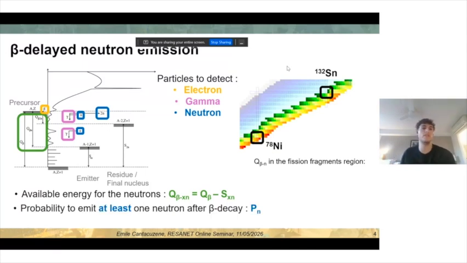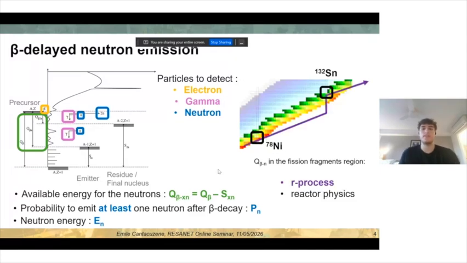And so an important quantity linked to the neutrons in this process is the Pn value, which is basically the probability for a neutron to be emitted after beta decay. Another important quantity linked to the neutrons is, of course, their energy, because if you're able to measure the neutron energy, well, this gives you direct information on the levels fed after beta decay or after emission of the nucleon. And basically, this gives you spectroscopic information, and this allows you to reconstruct, for example, level schemes. And we all know that level schemes is very important for many nuclear physics aspects, especially